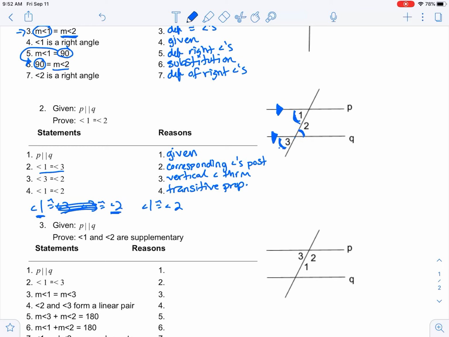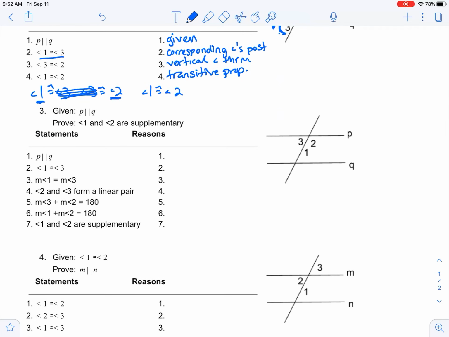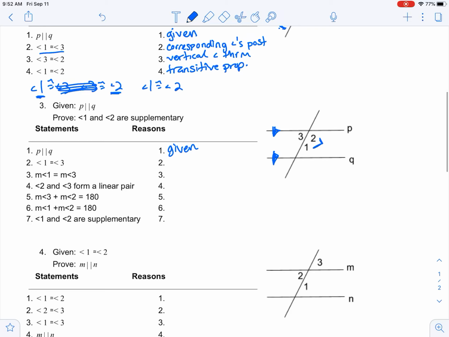Transitive property. Good. All right, let's do our next one. So another parallel line one. So on this one, I want to prove that angle 1 and 2 are supplementary, okay? If P is parallel to Q, which we're given that it is,